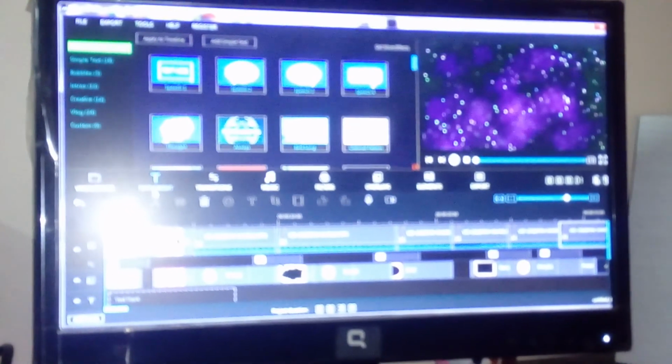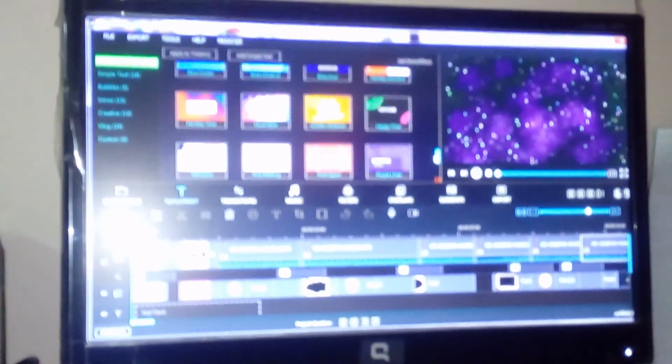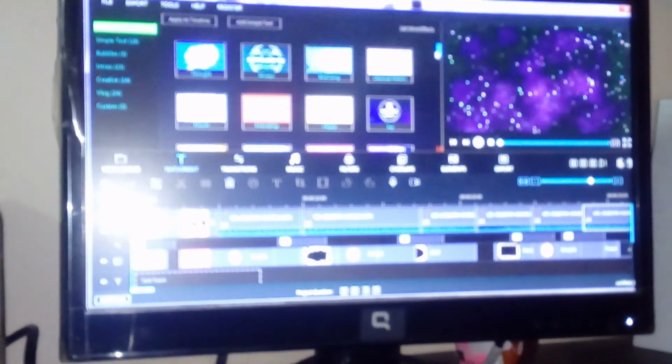Clear? Now the last effect is text or credit. Similarly here, as there are different effects, you can select a different style of text and the place where you want to display it.